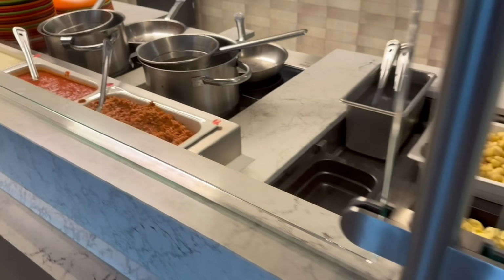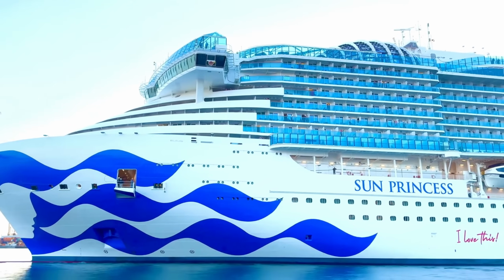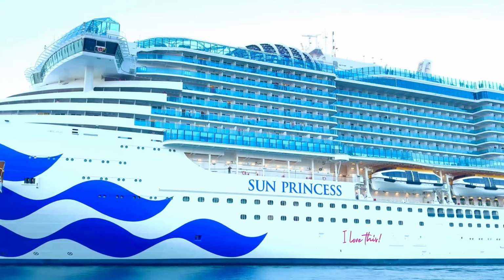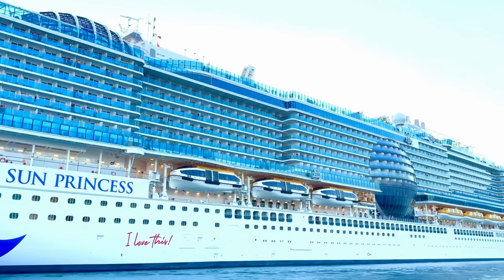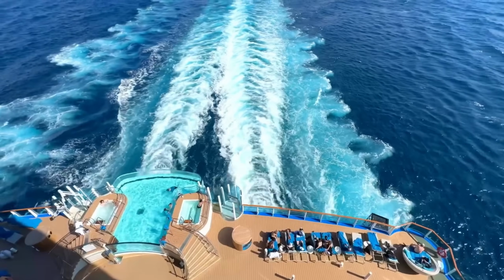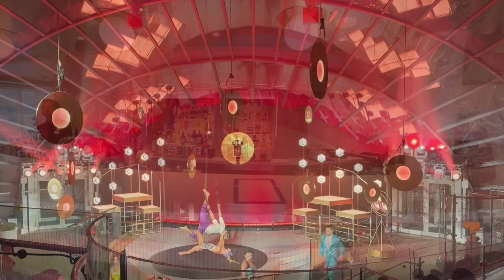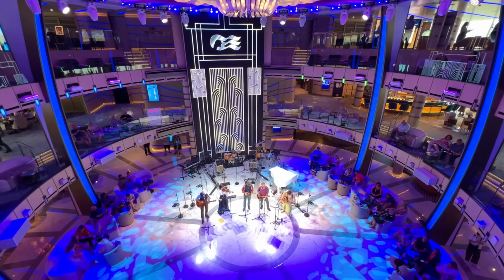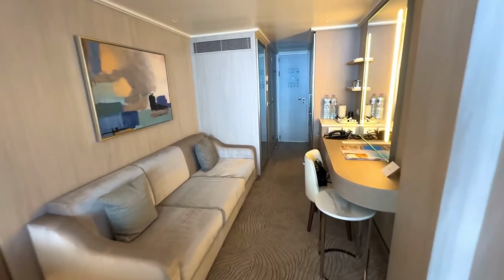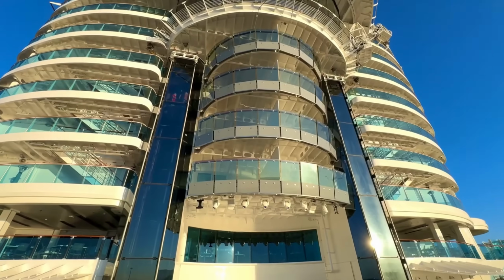Now let's talk about some of the pros and cons of the Sun Princess. Let's begin with the cons. So it's a full ship. It's completely super packed, currently operating at 100% capacity. So this causes longer lines everywhere, from the elevators to the bars. There's less seats available for the shows. There's long lines for the dining rooms, with or without a reservation on many days. Also, there's no option for room upgrades right now, since the ship has been sailing at pretty much 100% capacity